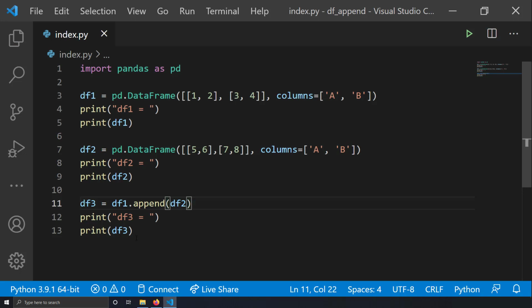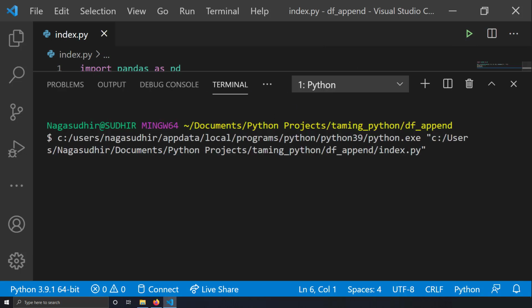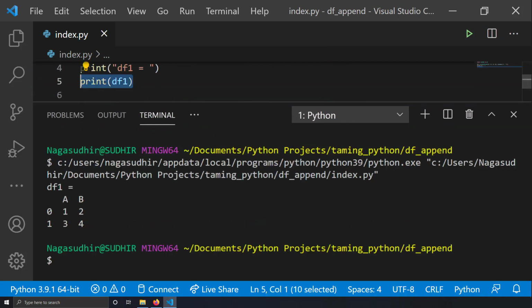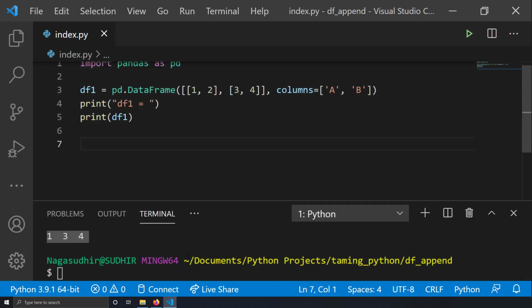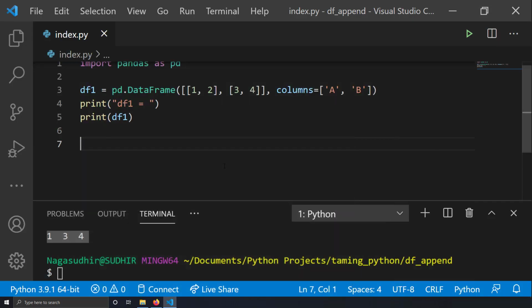But now I am giving you another use case where if you want to append an individual row to the data frame. So I'll just print df1, and again I'll just tell you what was the problem statement. I'll run this code, and now I'm printing df1. So df1 is 1 2 3 4. So if you want to append a new row to this data frame, one way is to create a new data frame and append it, but there's an easy way by using df.loc, which I've shown here, df.loc function. So how is that done?